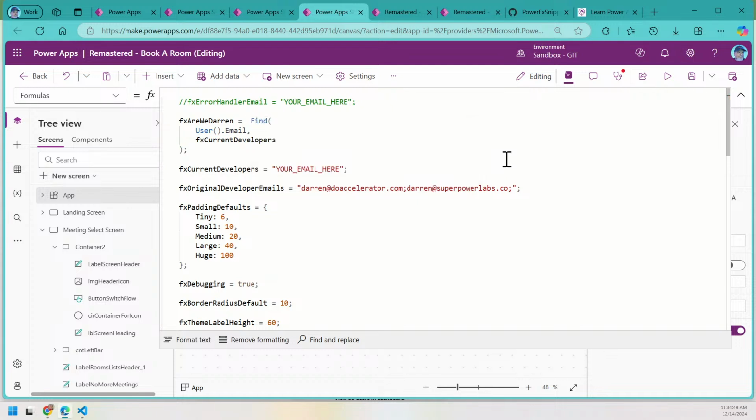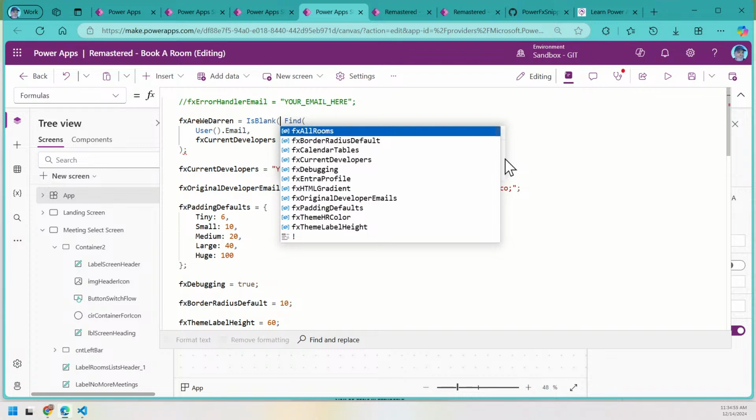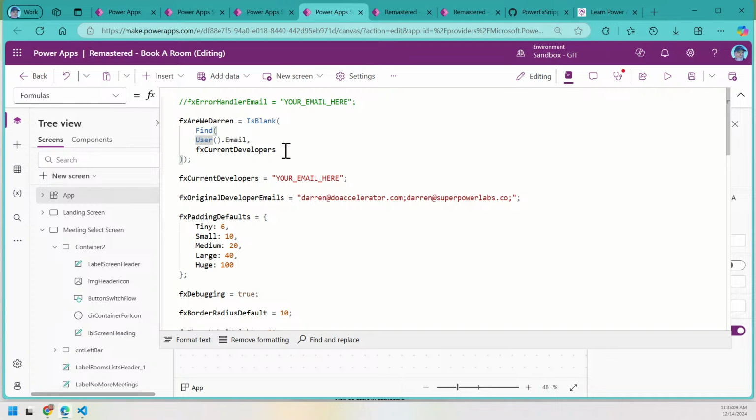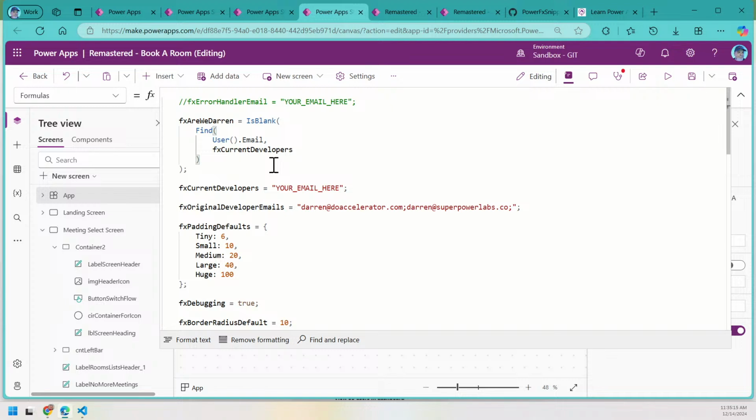What I've trained myself to do is always put a space and then type what I want to add. Once I add that, then I can hit delete. And we've got this over here. Now, if it's blank, I need to reformat my code a little bit. If it's blank, it's not Darren. So what we need to do is reverse that. So we could put a bang operator there,